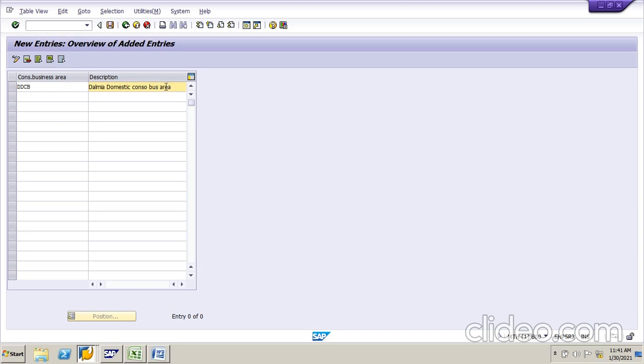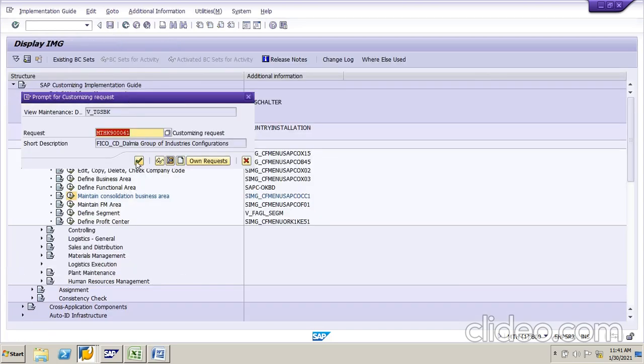Dalmia domestic consolidated business area. If you have any foreign business, you can use DFCB. We can give any name. Dalmia foreign consolidated business area. Save the data.